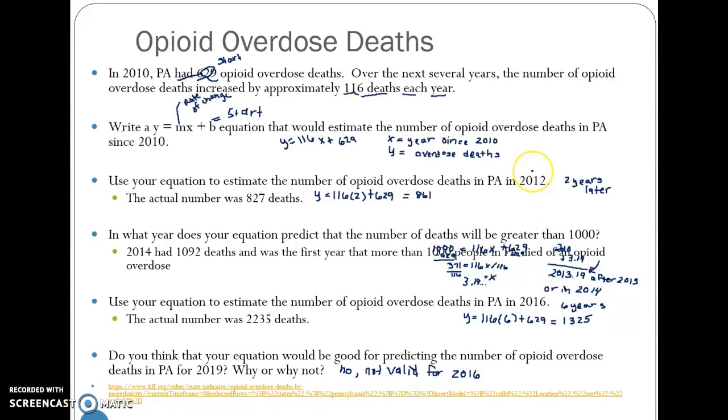So this gets a little bit theoretical, but I feel like let's go there and let's talk about it. So at the beginning, so back at 2010, we have data that if we were graphing it on an x and y axis, as the time goes out here, the deaths go up and it goes up linear. And the slope of that line is this 116 each year. What we have happening, and then at some point past 2014,